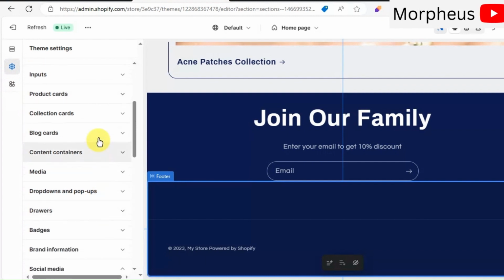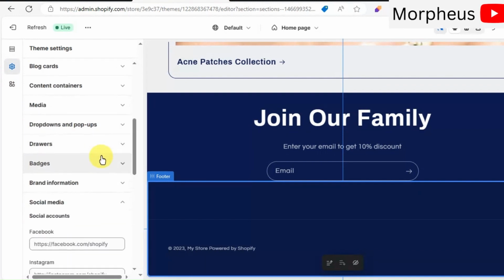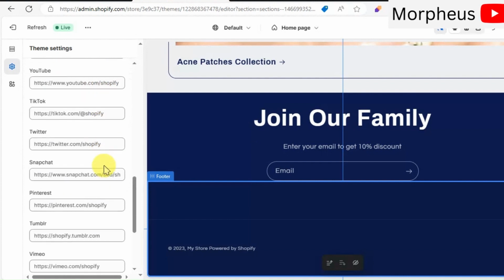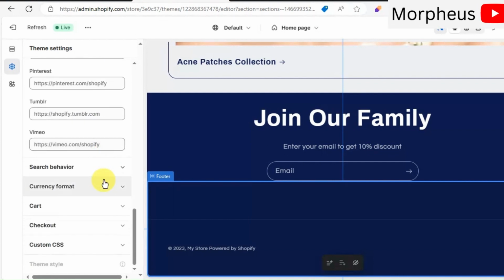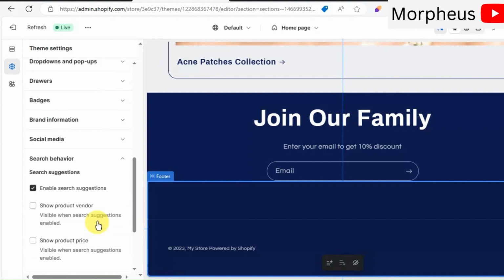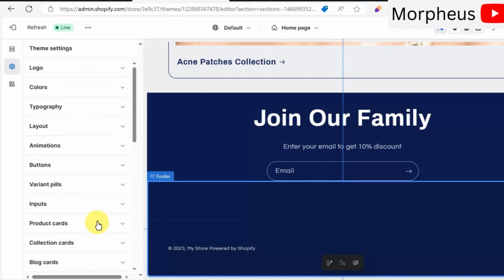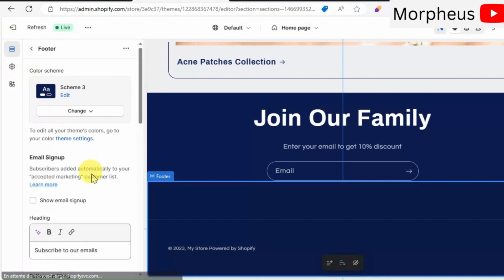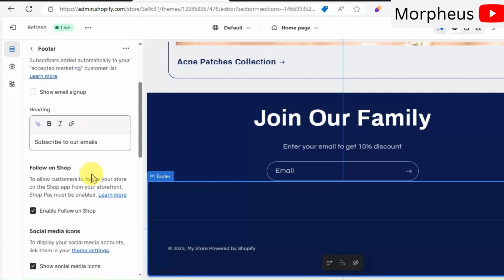In addition to that, you can also add some useful page links to your footer, such as a refund policy page, a shipping policy page, a privacy policy page, a returning policy page, and a blog page also. These will all give more trust and more credibility to your customers to buy from you.